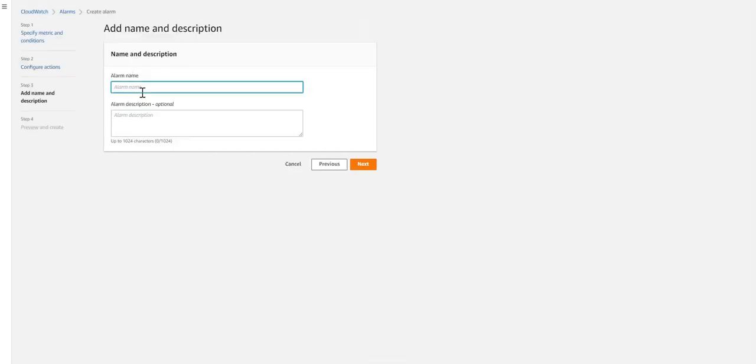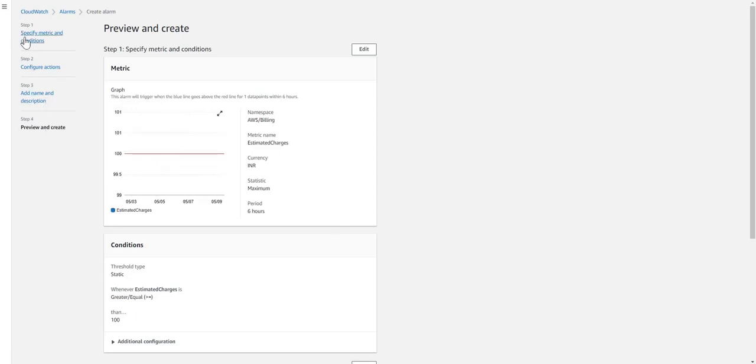Here we want to set up a name, this billing alarm name, and the description of why we are setting up this information. So we can mention here billing alarm, and we can select a name. In the description, we can mention something like, please send me an email if billing goes over INR 100 rupees. So the billing alarm name and the description have been added, which is optional. This is not required, but we can describe here for which purpose we are setting up this billing alarm. Just click on next.